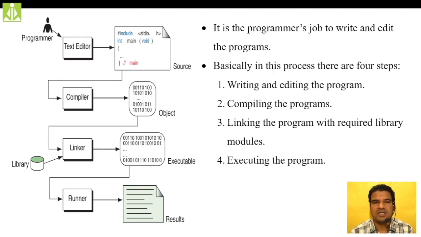That code will be saved inside the hard drive only. So we need to bring that executable code into the primary memory in order to execute it, isn't it? Anything you want to execute or see in action has to be brought into the random access memory, into the primary memory. Who does that job for you? A special operating system program known as the loader. With the help of the run command, it will load the program into the primary memory.